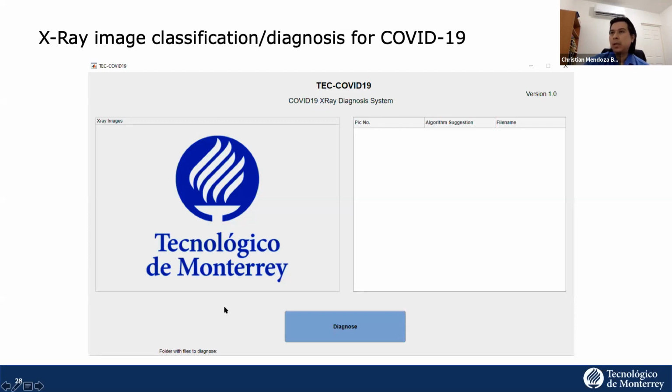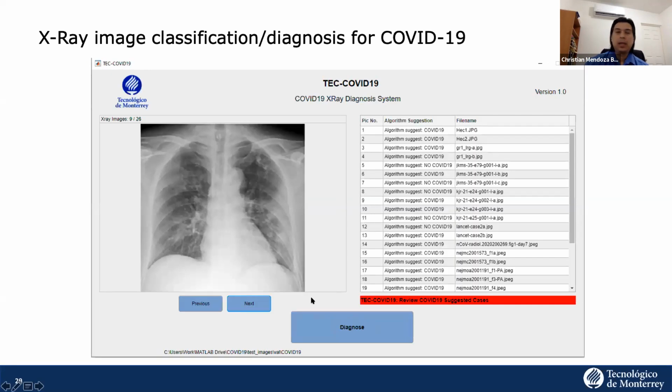Of course, this is the university that I'm working at, Tecnológico de Monterrey. And everything you have to do, as a user of the application, is click this button, which says diagnose. So it will let you go to a folder where you have your X-ray images that you want to analyze, and then it looks like this.